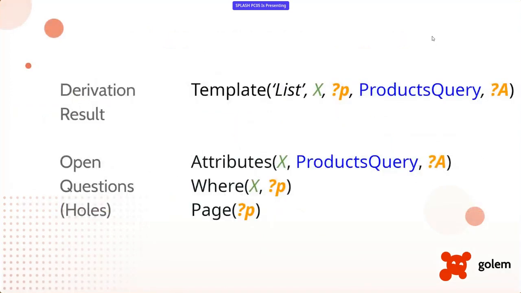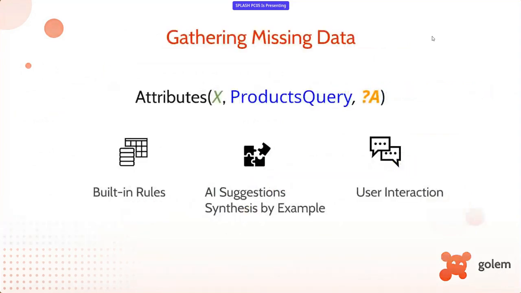So broadly, we have our derivation result, which is this thing we want to build, but we're missing a few variables from it. There are these free variables P and A, and we have these open questions or holes that we want to fill in, which are also predicates at a slightly higher level, at a level where we can actually ask the user for insight about these. So now there are several ways we could potentially gather this missing data. Considering the attribute hole,